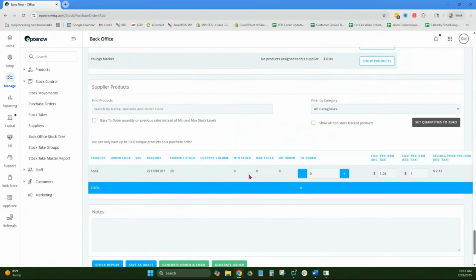Your minimum stock and your maximum stock levels. This is if you decided to set this up in the advanced section of the stock control. That is touched on in a more advanced guide. If there is anything already on order for this product, so if there is a previous purchase order that may not have been received or is just out in the ether still, you'll be able to see what's on order